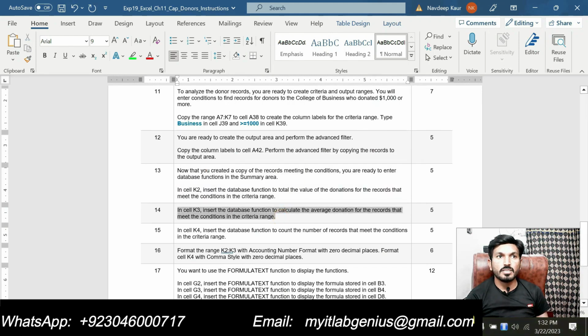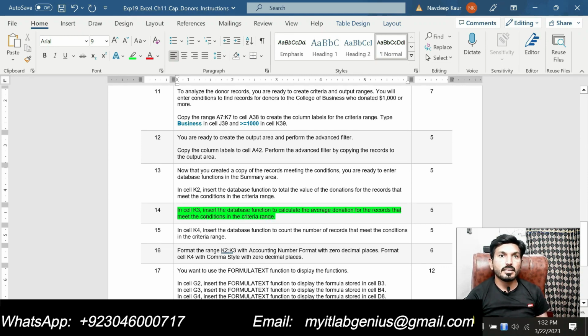Step number 14 is in cell K3, inside the database function, to calculate the average donation. We used the database function in cell K2 for the total donation, but in K3 we are supposed to insert the database function to calculate the average donation for the records that meet the condition in the criteria range.